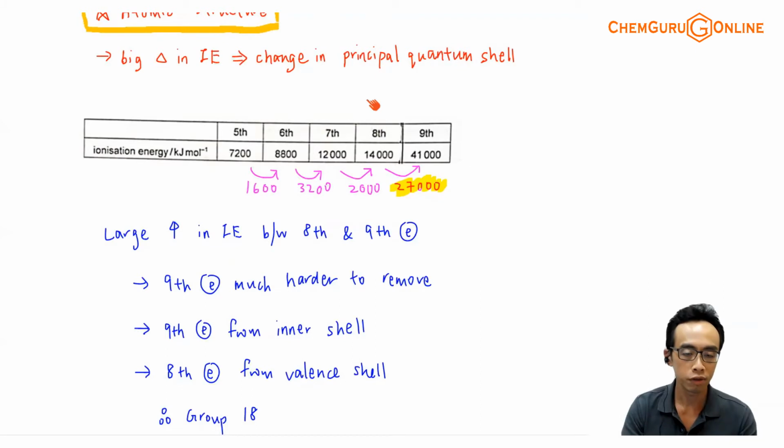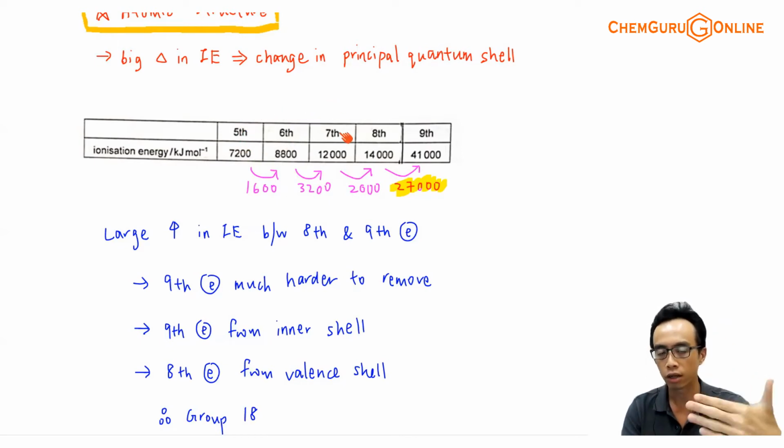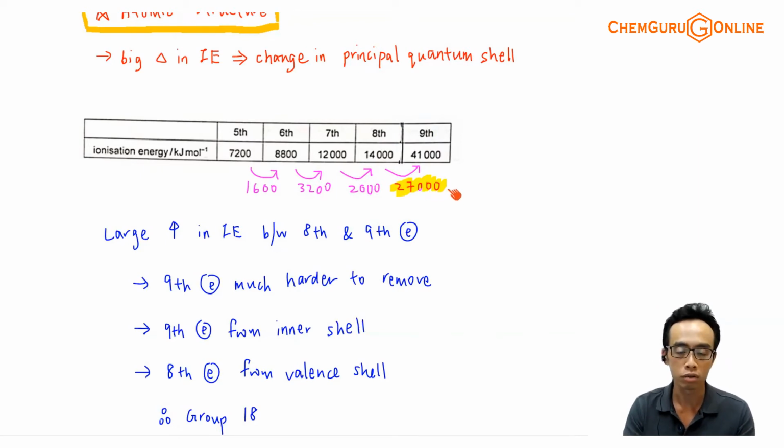So you notice what we can do is work out the difference, or the increase, in the ionization energy as I move from 5th IE, 6th IE, and so on. The difference between the 5th and 6th ionization energy is about 1000 plus, 1006. The difference between the 6th and 7th would be about 3200. The 7th to the 8th is about 2000. The 8th to the 9th is the most significant jump. This is 27,000. For successive ionization energies, we always look out for a big change in ionization energy